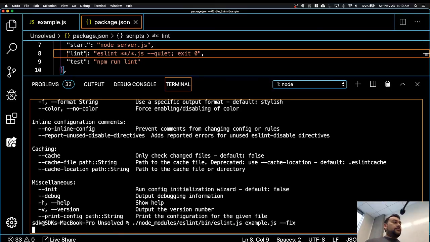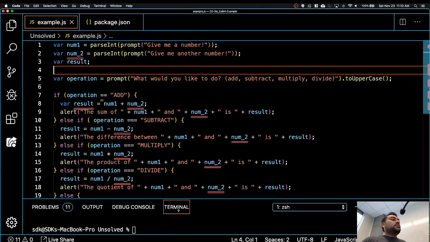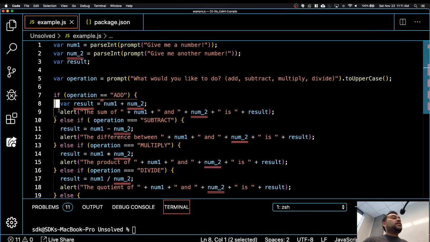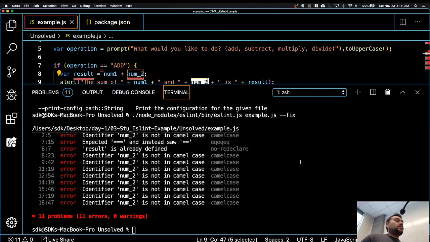So it fixed 22 problems. 11 it was not able to fix because it doesn't know how to fix those. If you go back to your example.js, you see 22 of these are fixed. So spacing is fixed based on the rules that you have defined. It wasn't able to fix this part, which is more to do with the functionality. It doesn't fix camel casing. Spacing and those things it can fix. So some of the problems